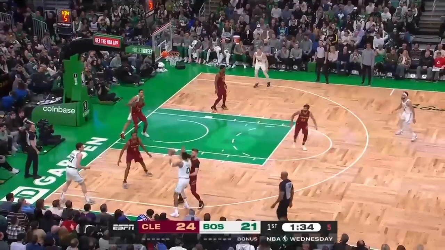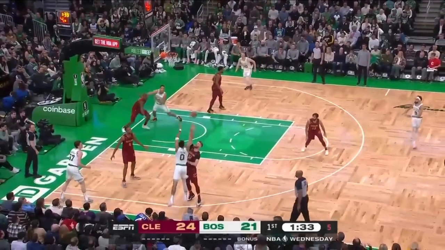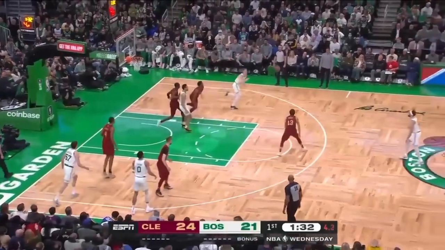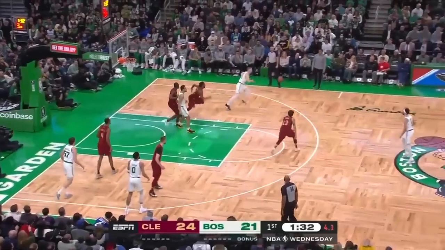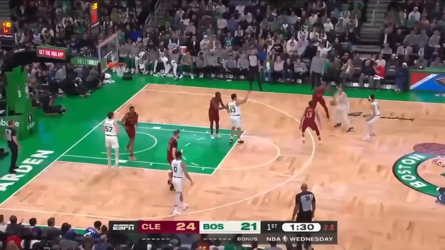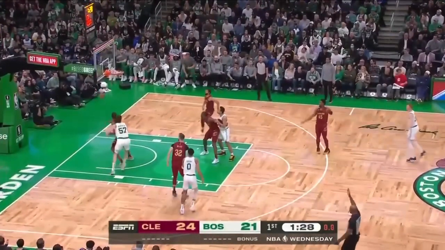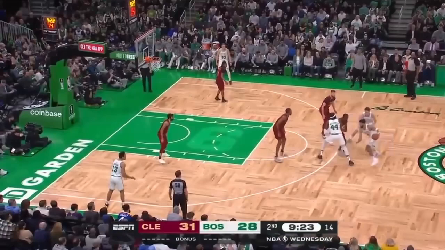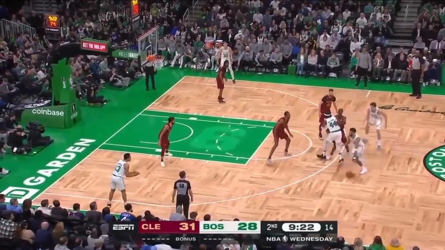For Donovan Mitchell, first of all, why are you not in a defensive stance? Second of all, you got to be seeing ball and man. You are not seeing the ball. Like, look at this. This pass is coming out to your man, but you're late to get out now. So now Sam Hauser's going to be able to create space to hit a three at the end of the shot clock. You can't play this far off and drop coverage on Jayson Tatum.